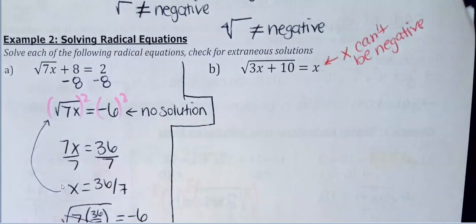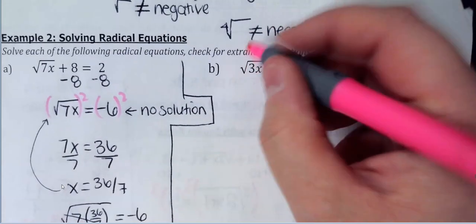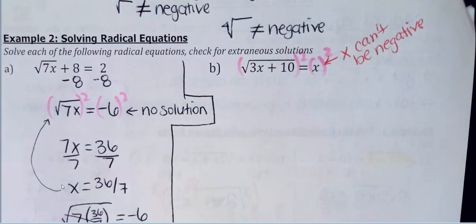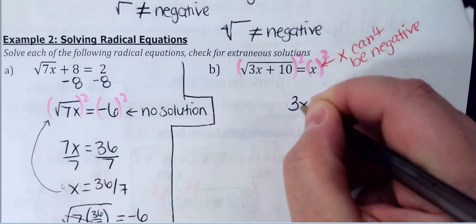I know right then and there that the right side of that equation can't be a negative number. So here, if we get a negative value for x, we're done. That's not going to work. All right, your radical is by itself here, so we're just going to square both sides. What's going to happen there is I'm going to square x. So I'm going to end up with 3x plus 10